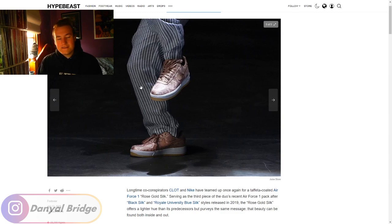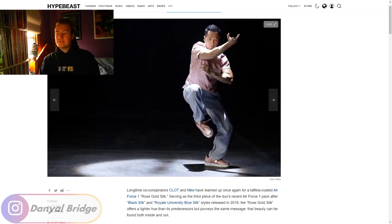The choice of pants is very interesting. It kind of looks like a prisoner's uniform, weirdly enough. I don't know. The stripes in this way always remind me of a prisoner's uniform or bananas in pajamas. One of the two. I don't vibe with the pants, but I like the use of the rose gold shoes and